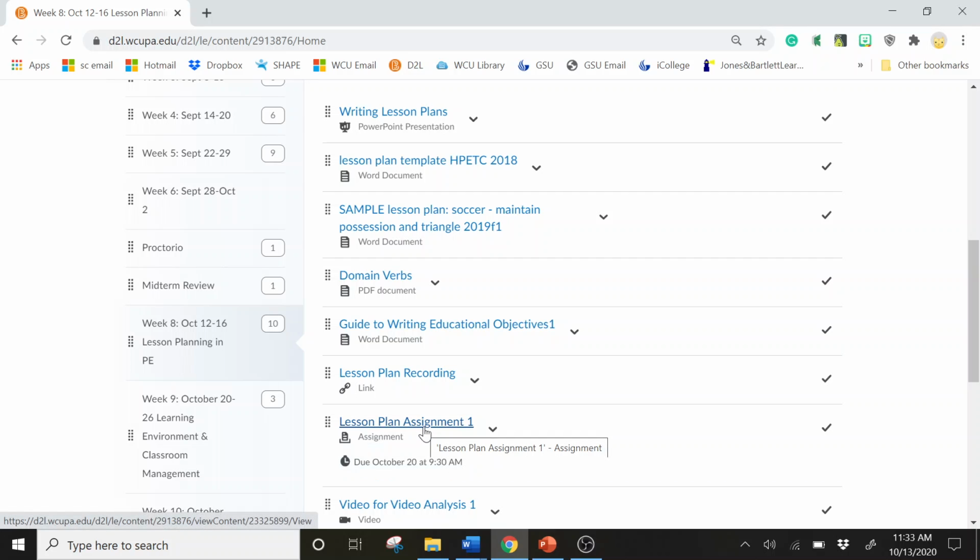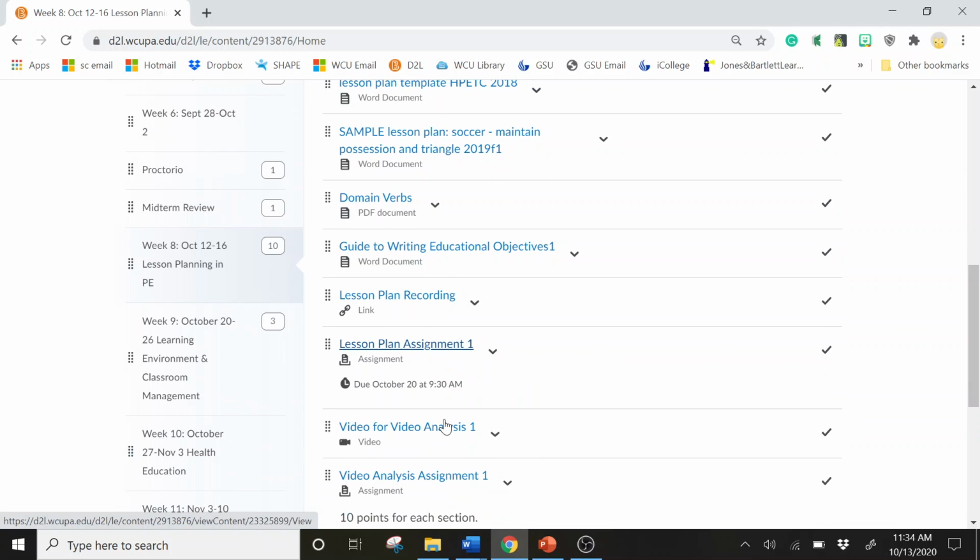This one is graded, and it is worth a considerable amount of points in your overall grade. There's only 2 lesson plans that you're writing, and I believe, if I'm remembering correctly, it's worth 20% of your grade. So you definitely want to make sure that you spend a good amount of time doing this and making sure that you get things right before submitting.